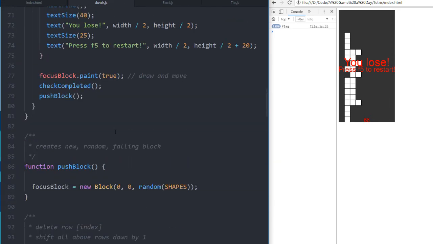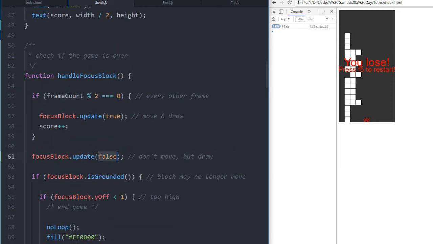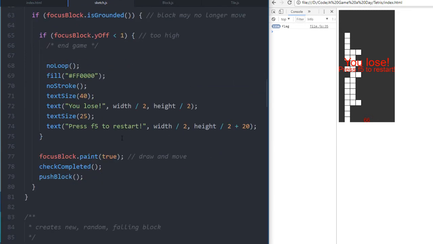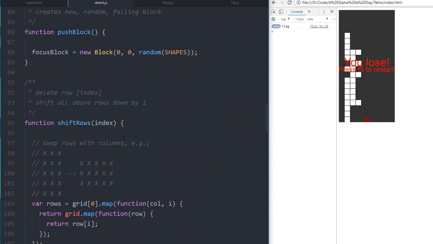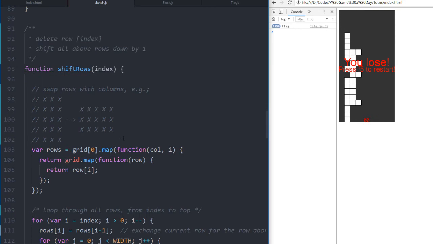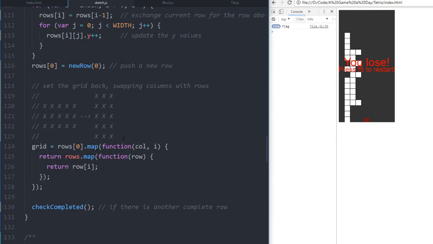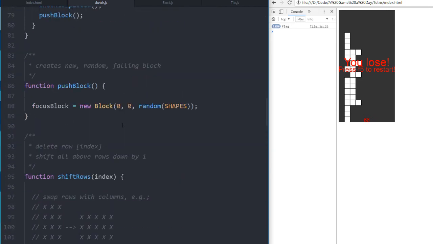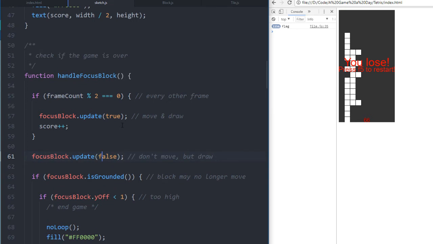Okay. We have focus block dot update, move and draw, move and draw. We don't go through many for loops. We just kind of, okay. What I think happens,